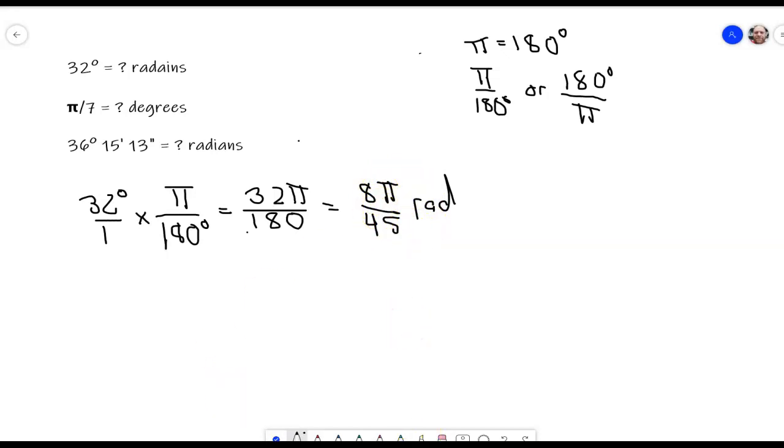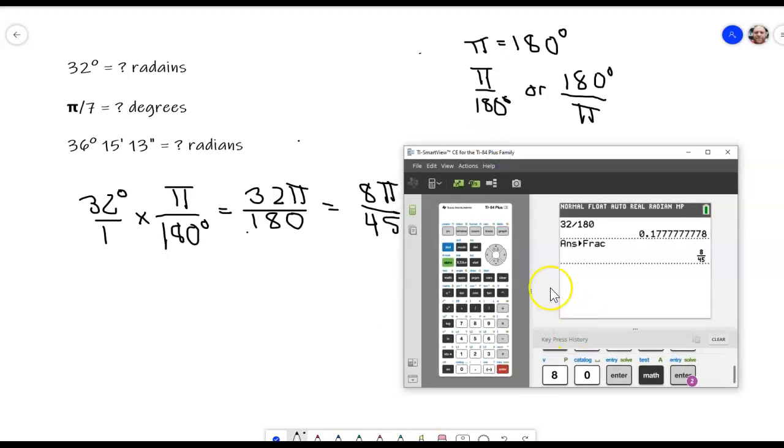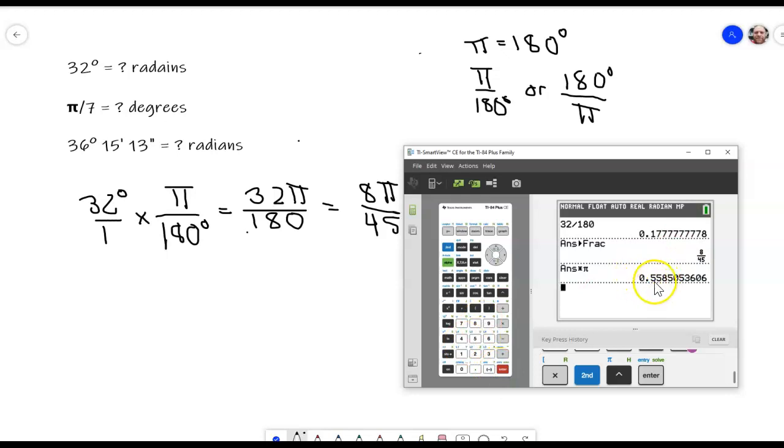Now, if they told you to not leave it in terms of pi, they wanted the exact answer, then you would take this answer right here and you would multiply it by pi. So you would say times, if you did not have a pi key, you could approximate it to 3.14, but you could just do that and it would be approximately 0.5585